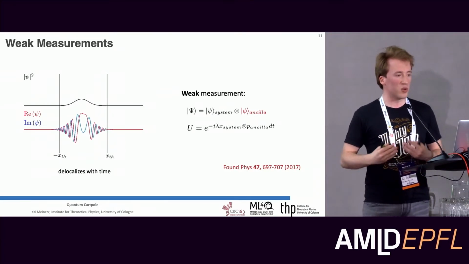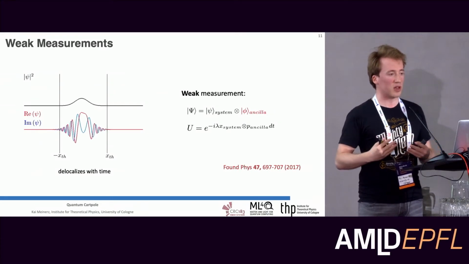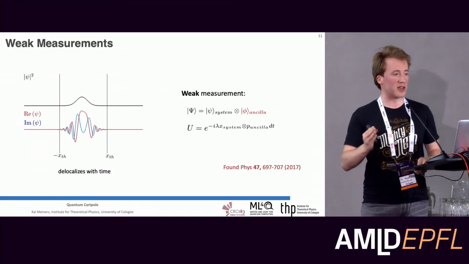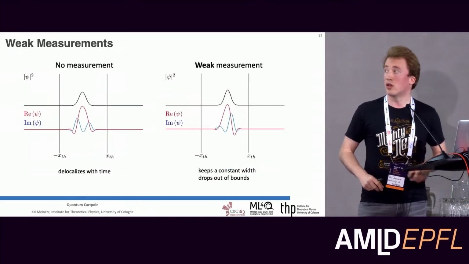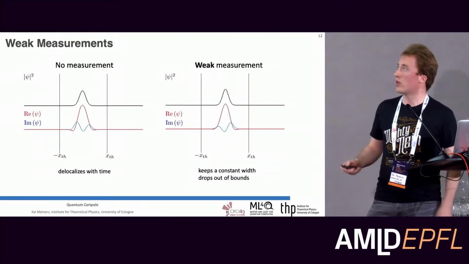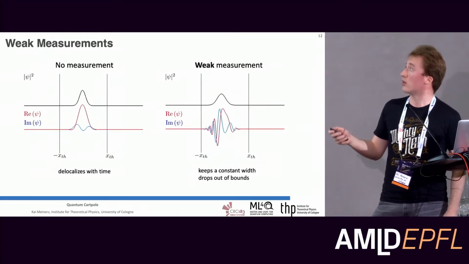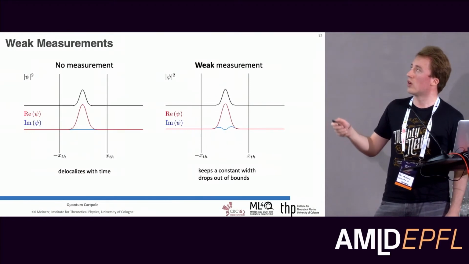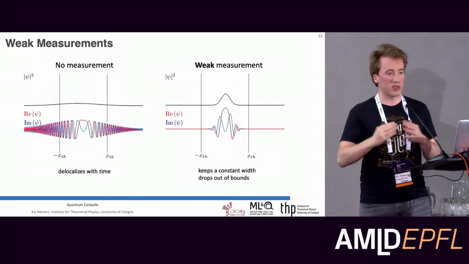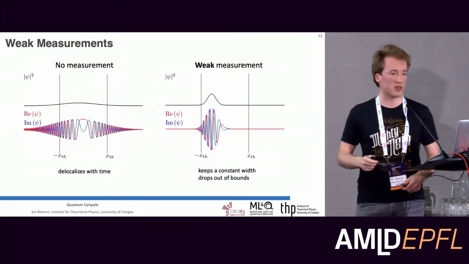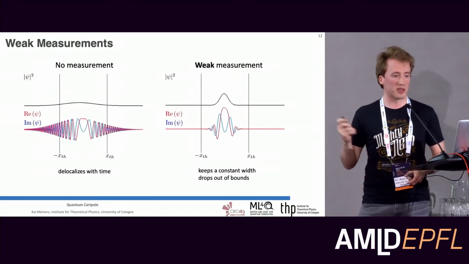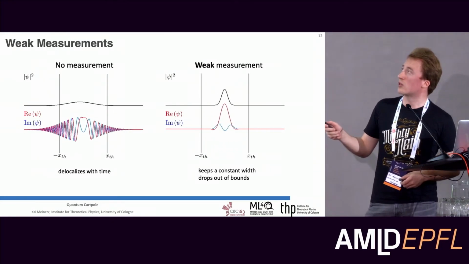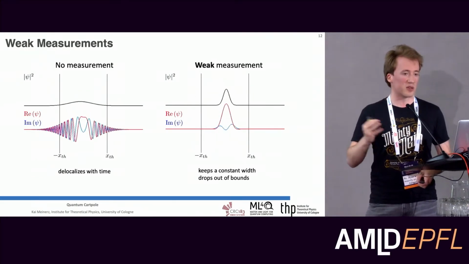And additionally, we do exert some influence on top of our system wave function, which will cause the wave function to contract and also slightly be displaced. So if we apply these weak measurements, you can now see that the probability distribution is able to retain a constant shape over time. The width of the distribution actually depends on the parameters of the weak measurement, so this is something we can control. And additionally, you can see it also starts wiggling around a bit, which is also caused by the displacement